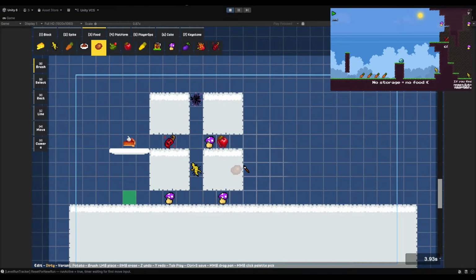Ooh, this could be interesting. So player sees food like this. But this is not possible, right? Because they can't grab ginseng and go through here. So we could put player in the middle there.